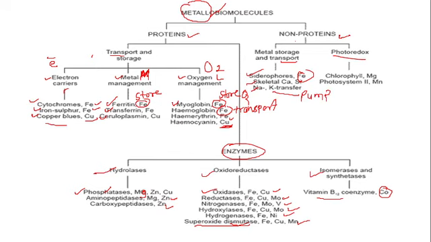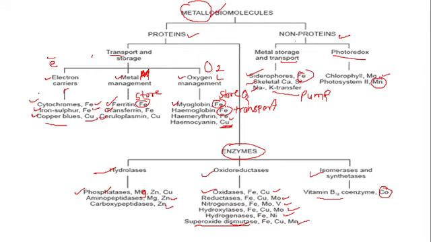Okay, these are included in your syllabus. And here in the photoredox, the examples are chlorophyll and photosystem 2. This chlorophyll contains magnesium, and this photosystem 2 contains manganese. This topic also we will discuss afterward in detail. Okay, this is about what? Metallobiomolecules.